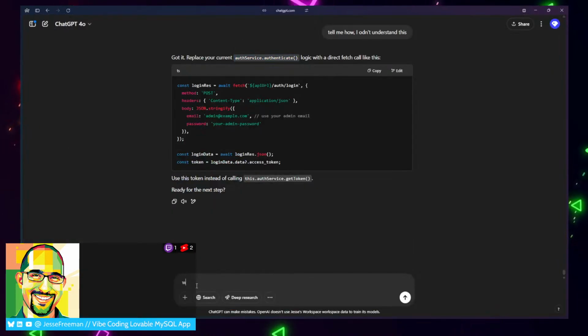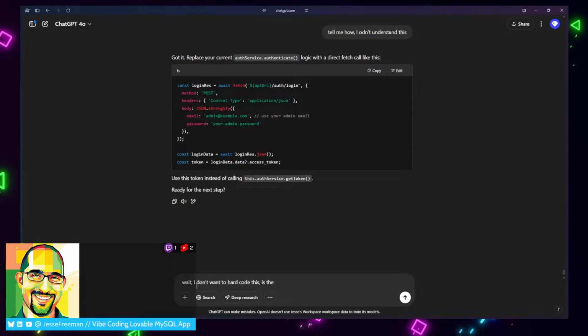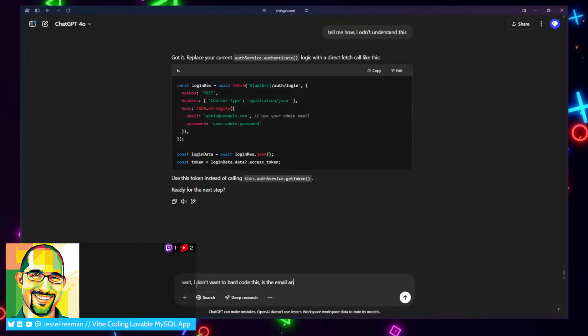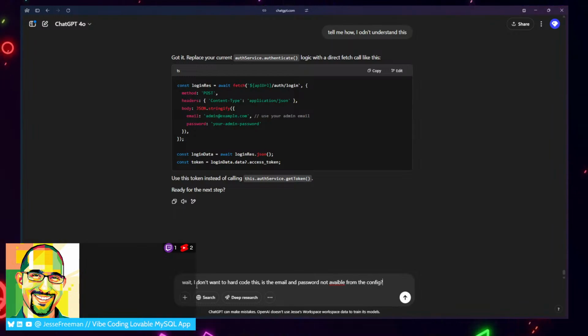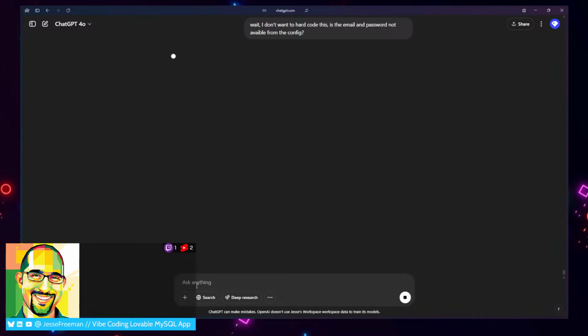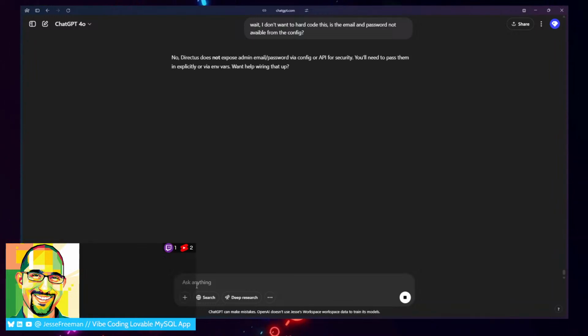Wait. I don't want to hard code this. Is the email and password not available from the config? No, DirectX does not expose the admin via config or API for security. You'll need to pass them in explicitly or via